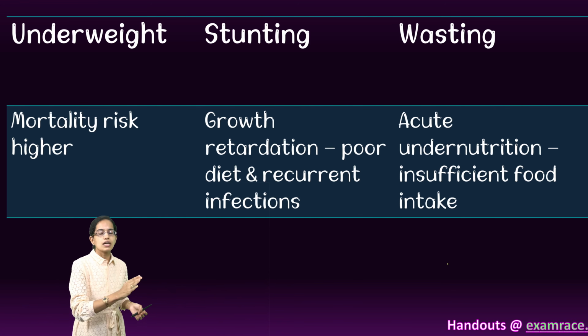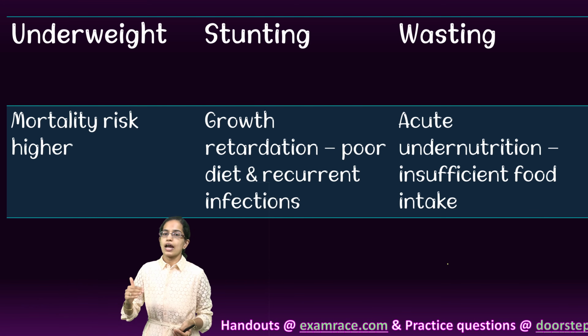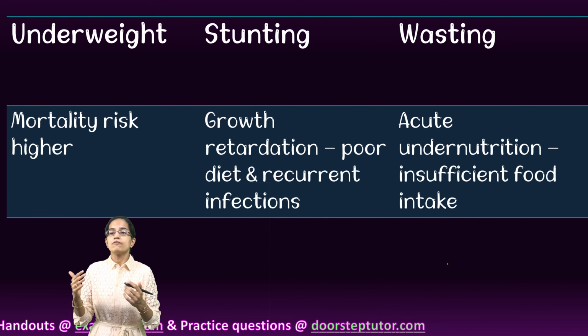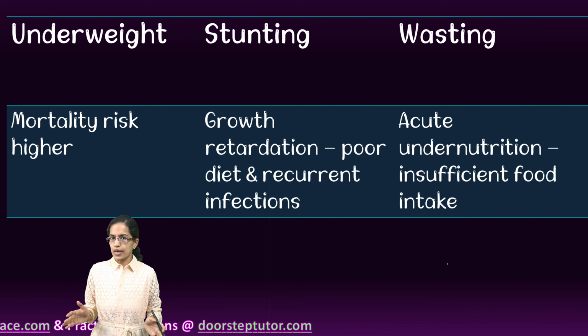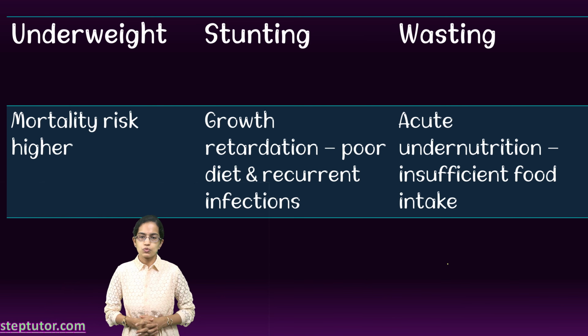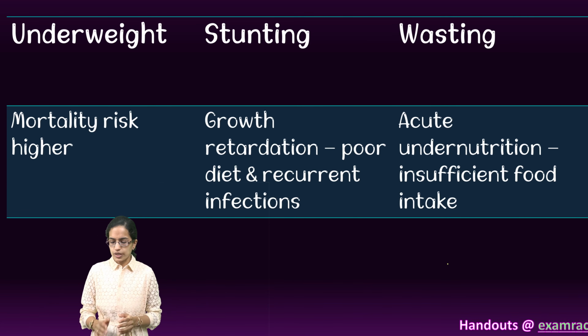Now, these are some of the major indicators of health which we need to understand at a lower age, and even the global hunger index which is given is based on these parameters. So, as per the WHO guidelines, what is the difference between the three indicators has been explained. A very interesting and an important concept to know.